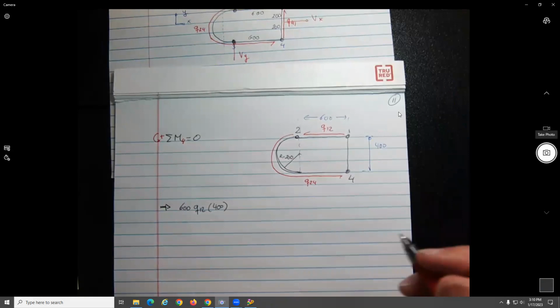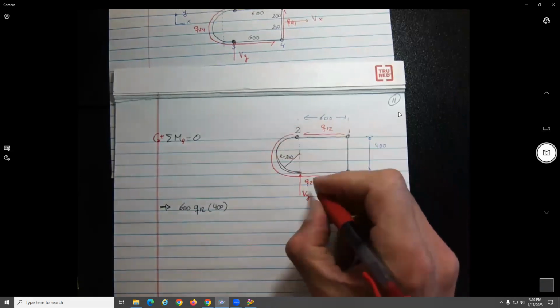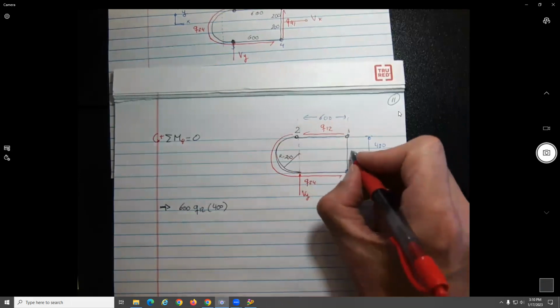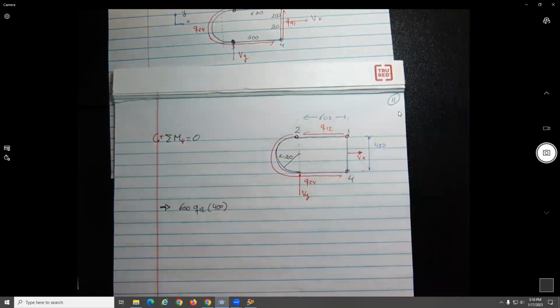All right, so we have this. I forgot to put something on that figure, that we also have here the VY. Here we have the VX. The first one. Now let's look at